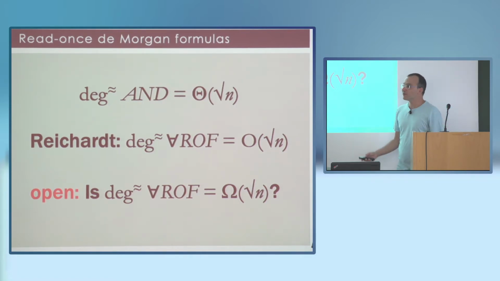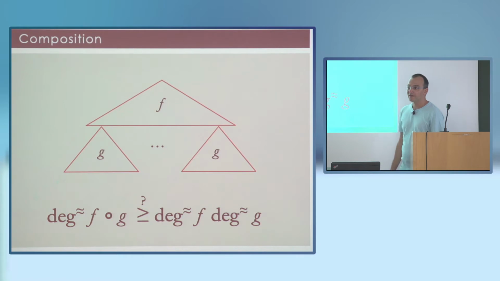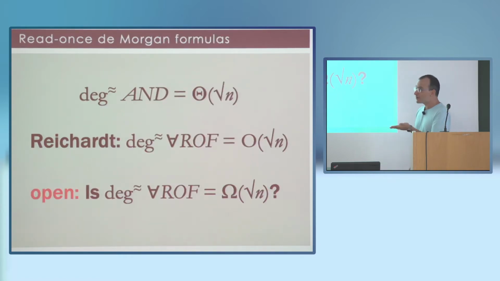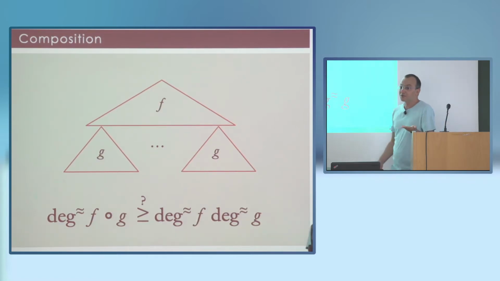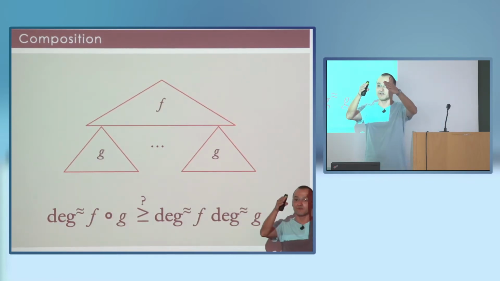So one possible way of going about proving it, and I want to convince you that this is also a natural conjecture viewed from the crypto perspective and tell you why it's natural, but it's not trivial. Okay? So one natural way to look at it is that when you take a read-once formula,